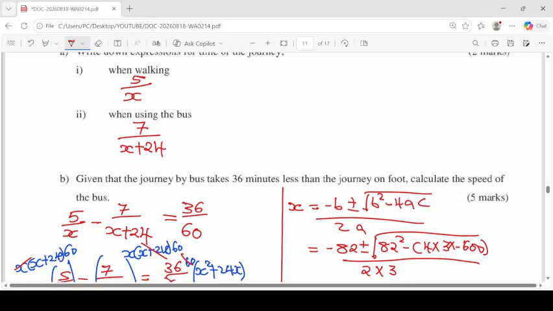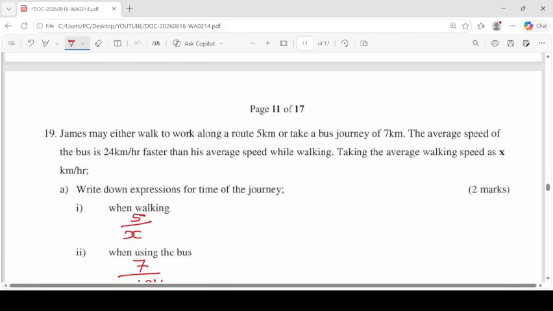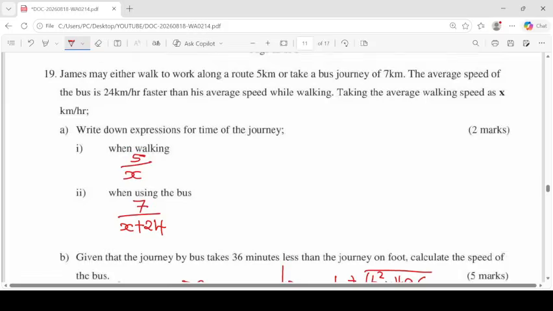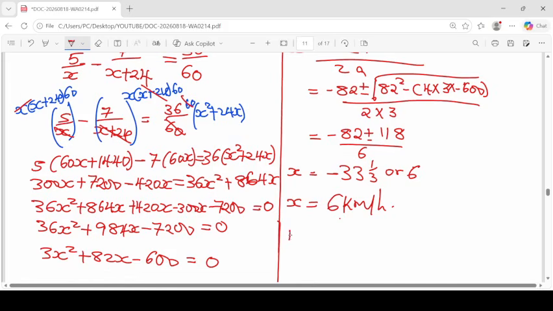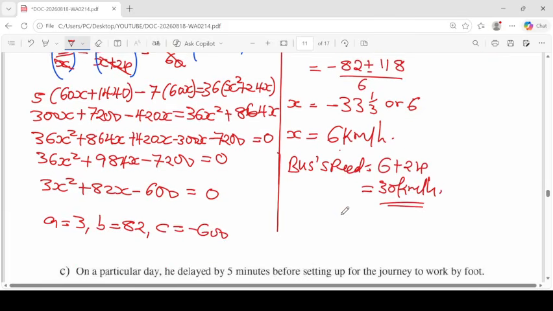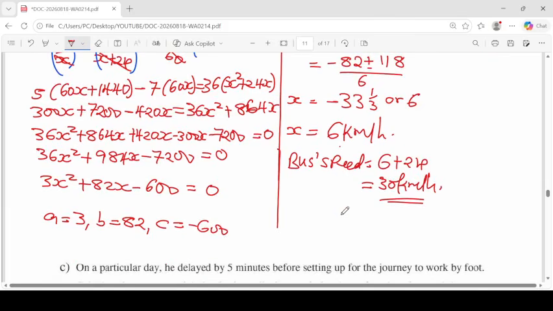Remember, x was the speed while walking. But they said the speed of the bus is 24 kilometers faster than that while walking. So the bus speed, we are going now to say that the bus speed here will be obtained by taking 6 plus 24, giving you 30 kilometers per hour. A very, very good question. So after we've gotten that as 30 kilometers per hour, ladies and gentlemen, we can now proceed to part C